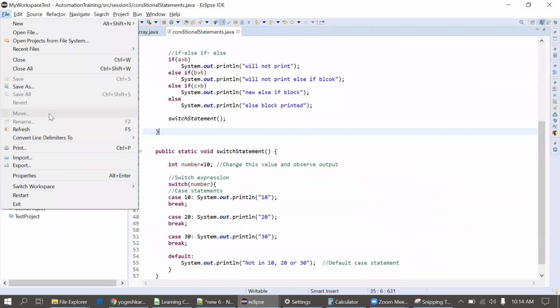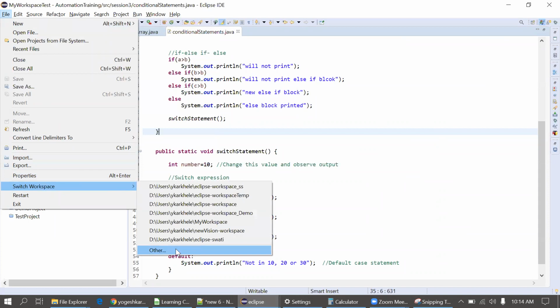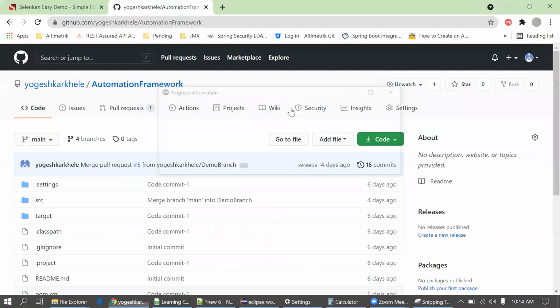Right click, switch workspace. There I will put today's date, it's the 29th. Launch.